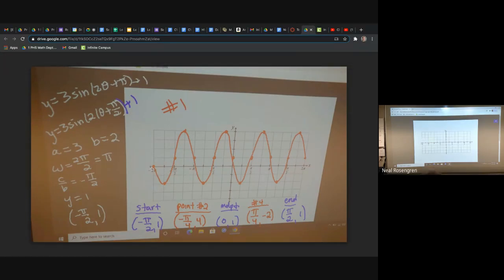ending down there. Oh, that point, ooh, that's a bad point. That point should be up here. Oh man, that point's got to be right there. All right, back up to the midline. Sorry about that. Okay. So that wasn't too bad because I could see a whole bunch of